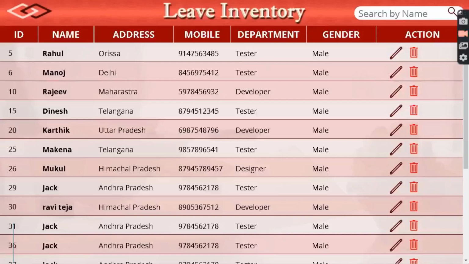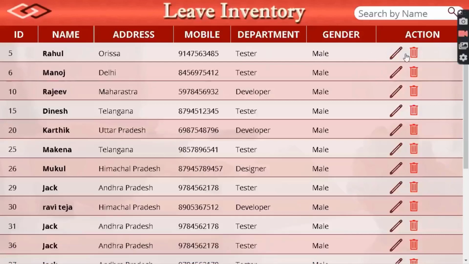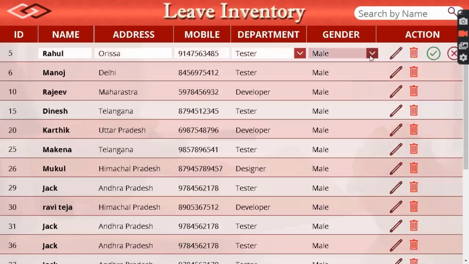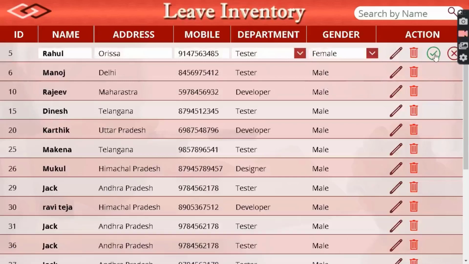In the inventory page, you can observe an editable gallery with two options for each record. One of the options is edit and the other option is to delete. So when I click on the edit icon, only that particular record will come into editable mode, and if I modify any content and click on the save icon, that particular record will get modified and will not affect all the other records.